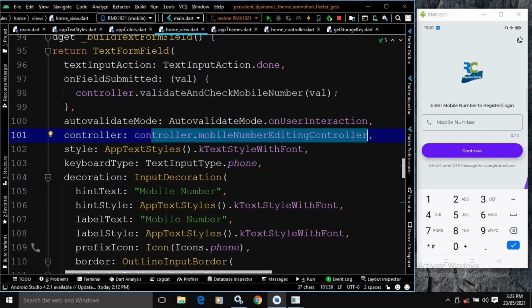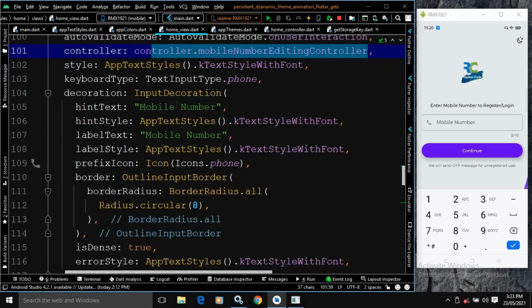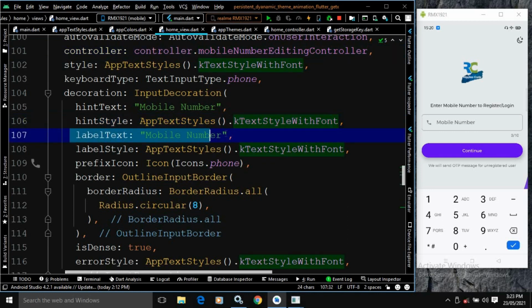Then in the style, here I have passed AppTextStyle.kTextStyleWithFont. In the keyboard type I have specified TextInputType.phone. In the decoration, I have specified InputDecoration, hint text. I have given mobile number. In the hint style, I have written this. In the label text, I have written mobile number. In the label style, I have written AppTextStyle.kTextStyleWithFont.